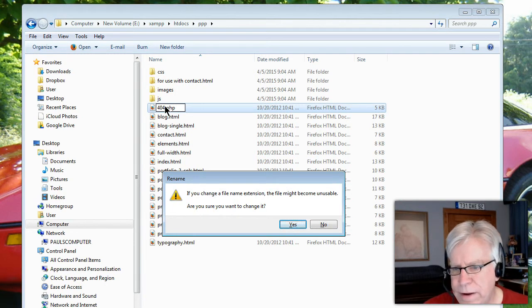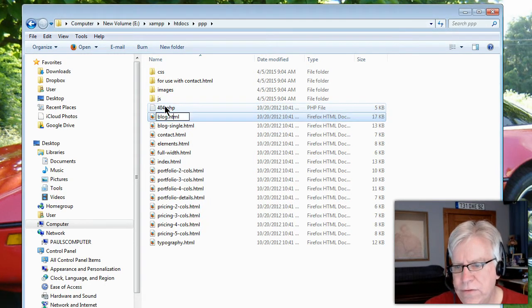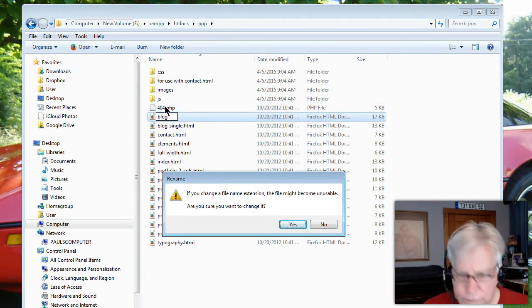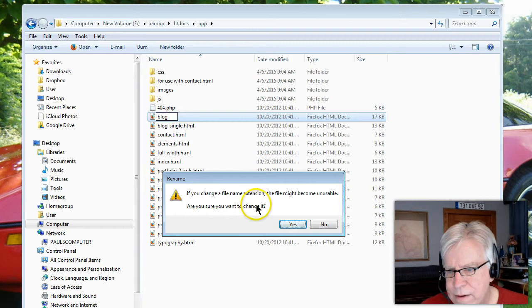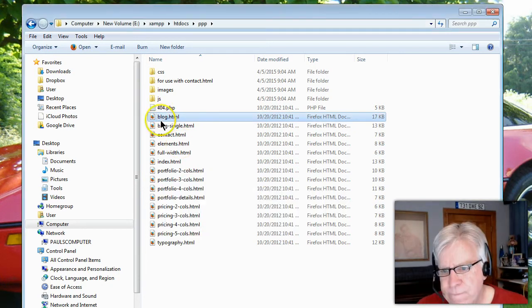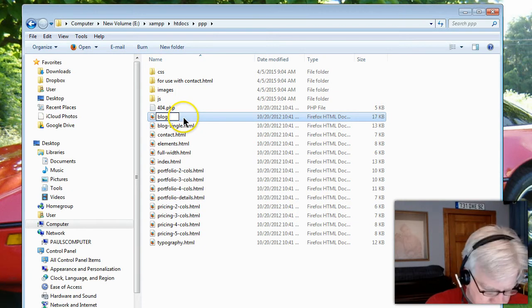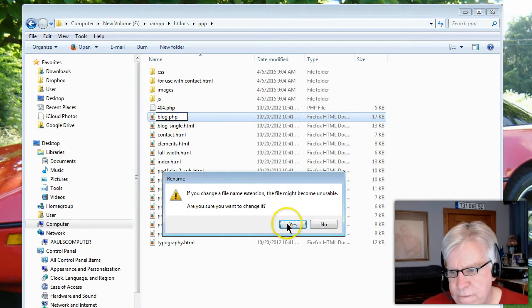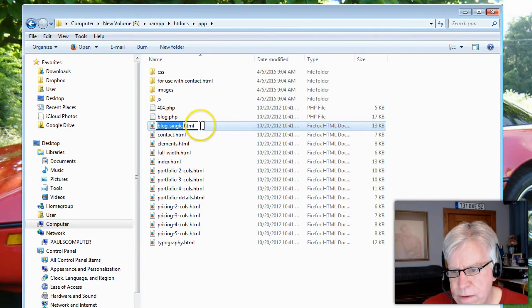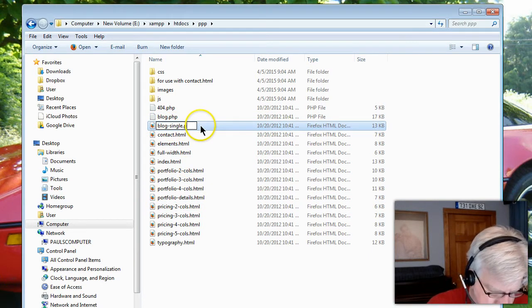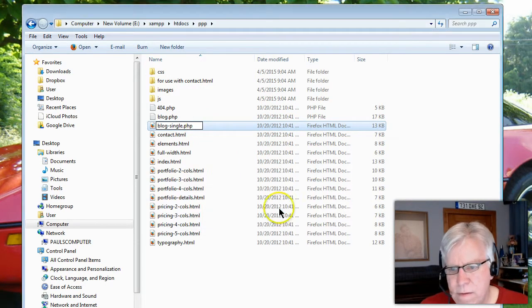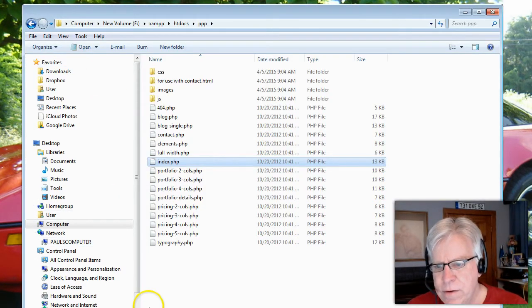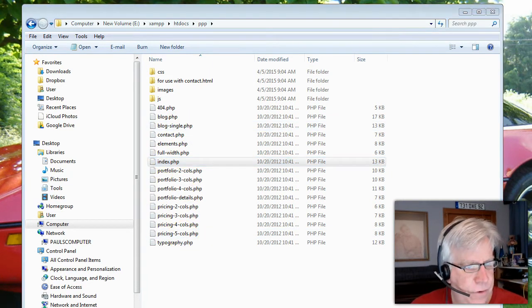And it pops up, hey, you might not like that, but sure, I want you to do this to every file. Okay, so now you can see that I've renamed all of the pages to .php,